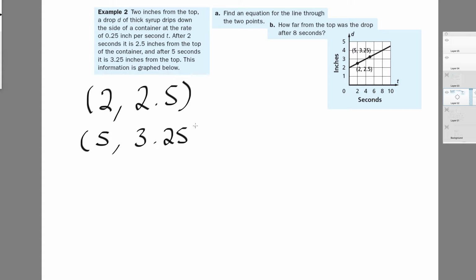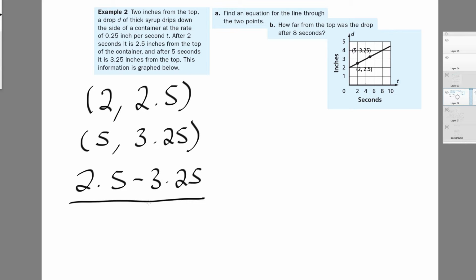Well, that's our 2 points. We can take this information and we can graph it, figure it out pretty quickly, because we know a little bit about it, but we need to know the slope. So I'm going to pick a couple points, or a point. So I think I'll use 2.5. So 2.5 minus 3.25 over 2 minus 5, and that's going to give me,